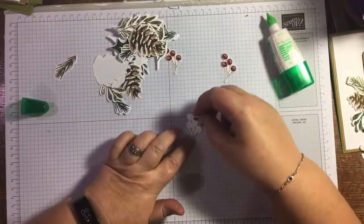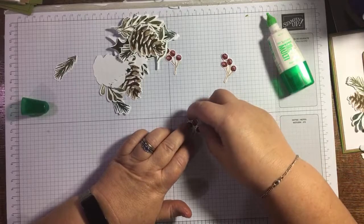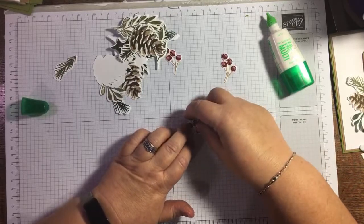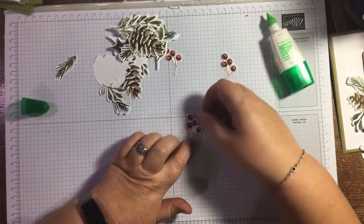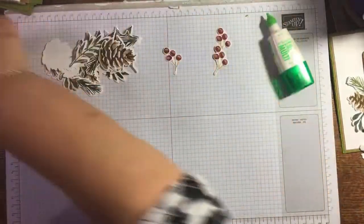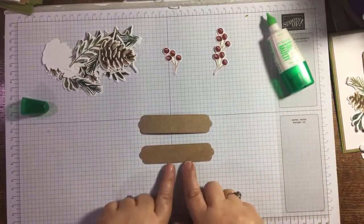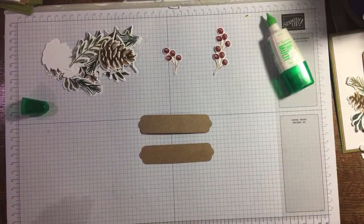I might have overglued these, but well, what's new? Whoops! Right, so, woo. And then I'm thinking these two that I cut in the craft card. I've got